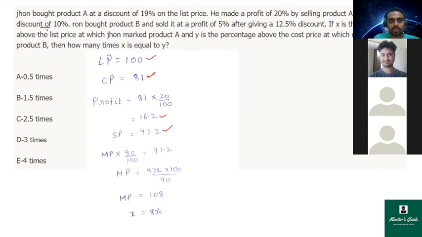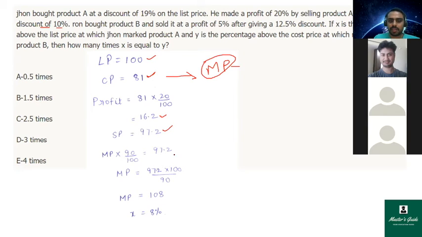Now he gave a discount of 10% on the market price. Understand one thing: he is not giving a 10% discount on the cost price at which he bought. He is again marking it up to some kind of mark price, and again he is giving a discount on that mark price, and then he is getting a profit. Markup is like the MRP, and he's giving some discount on the MRP, which is basically the selling price, which is 97.2.